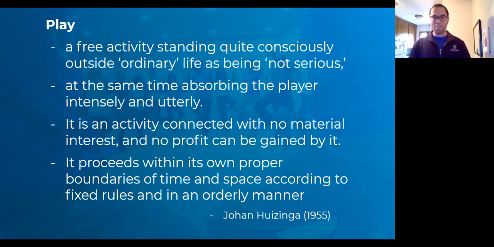I have a trivia game with my family tonight, actually, and then another game we're playing Among Us tomorrow, which is like the most popular game in the history of the planet right now with the kids that we work with. So we're all looking for ways to connect, and play is a great avenue for doing that.